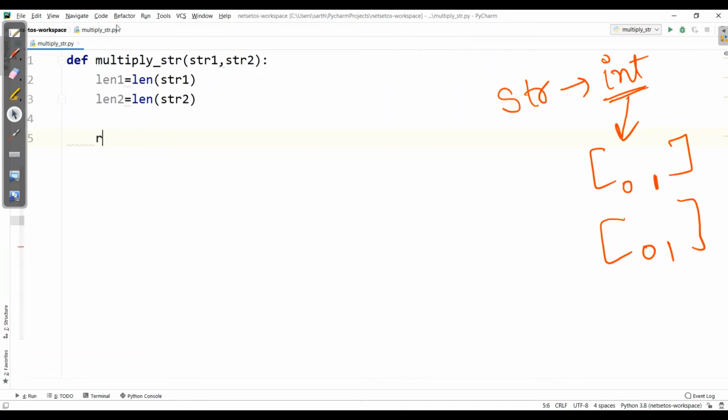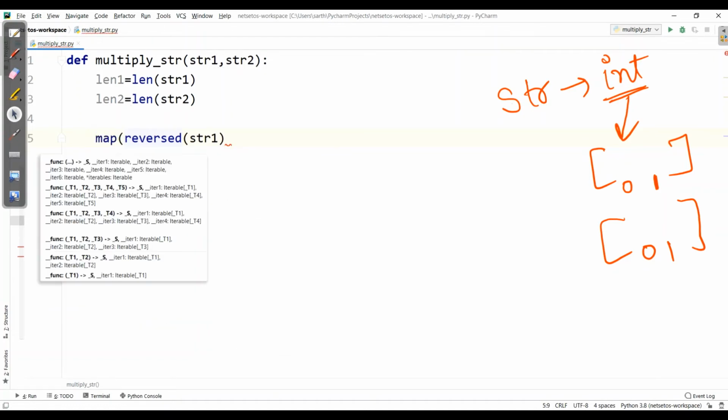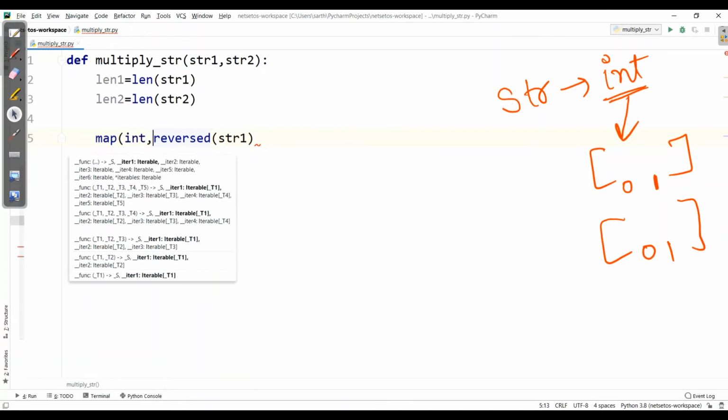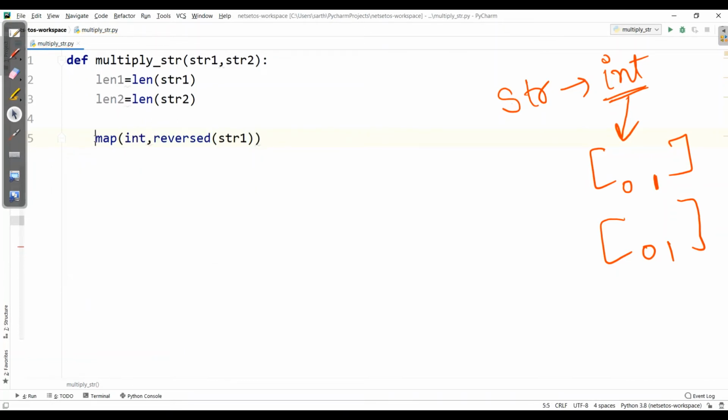So I'll make use of the reverse function where I'll have str1, and here I'll make use of map, which works on two arguments. First will be int, as we need to convert string into integer, and this whole will be converted into a list. Let's store this in the same str1.